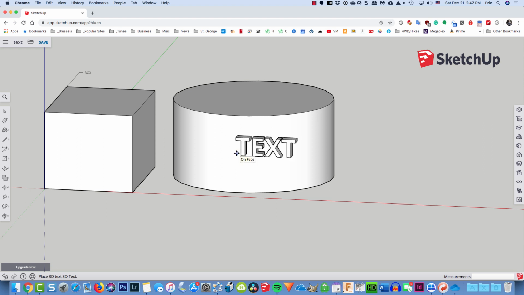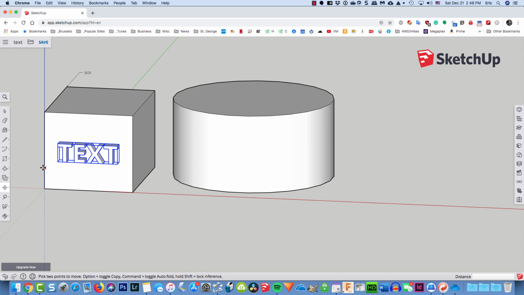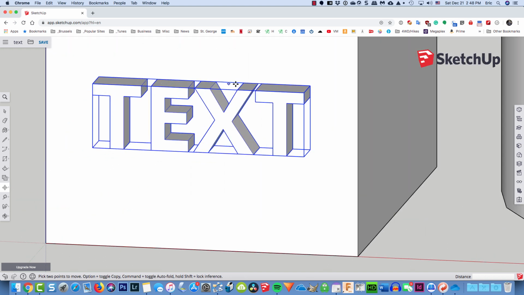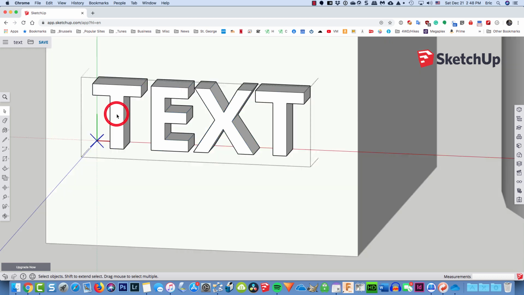And we'll talk about how you can go ahead and wrap text, in a manner of speaking, onto the face of a cylinder. So I'm just going to put the word text right there on the front, and you'll notice that it has this familiar box going around it, which means that this is now a component. This being a component, I can select it and double click on it to edit individual elements within this component, because this text is formed from line segments which are closed or watertight